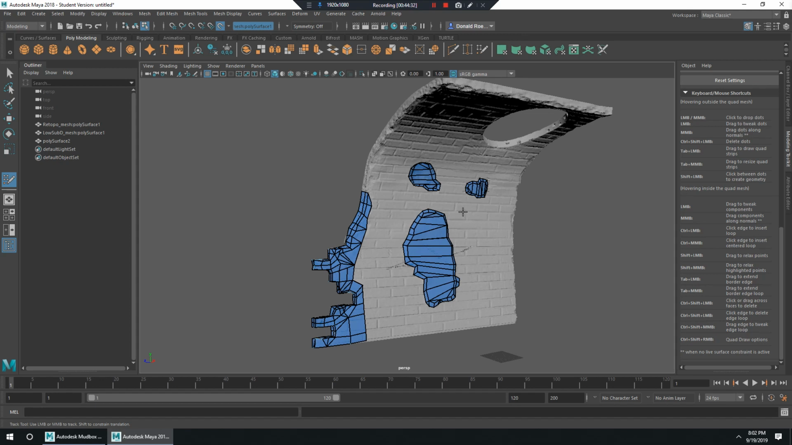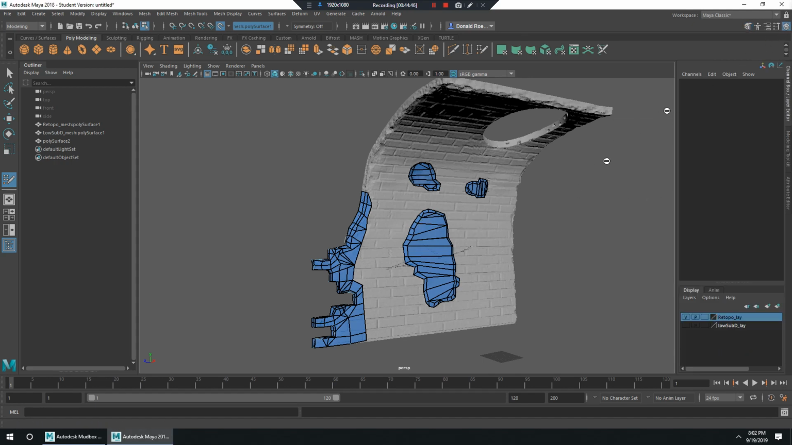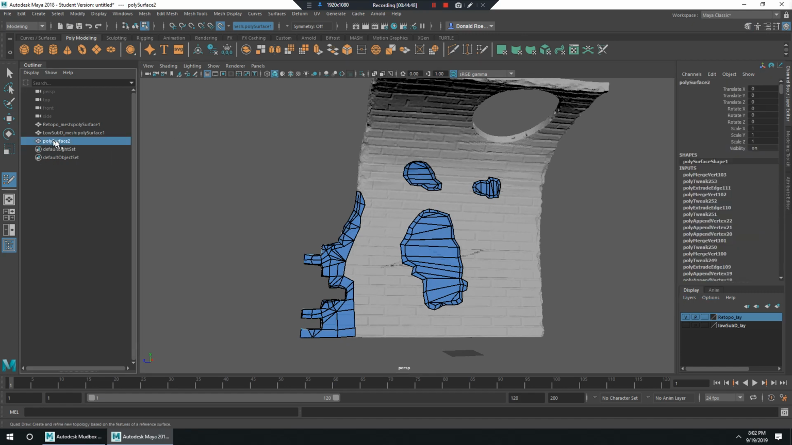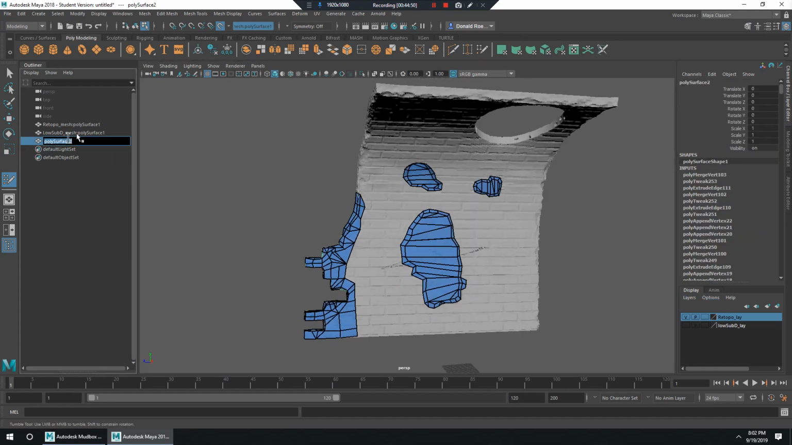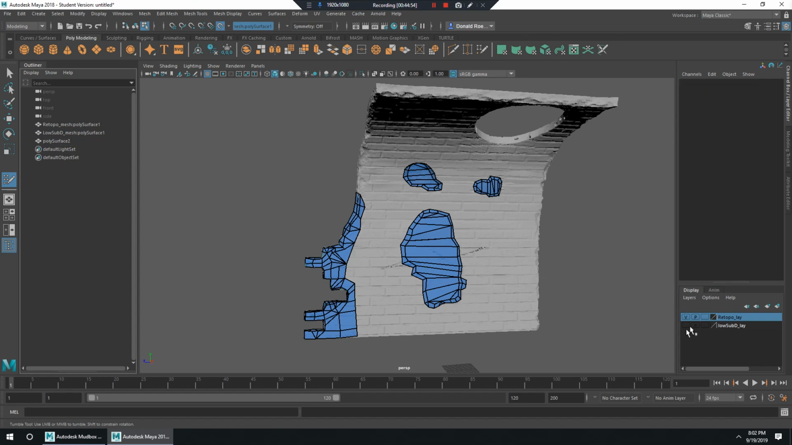All right, at this point, I'm probably going to try and combine my low sub D mesh with what I got now, and then I'll probably make it live again and finish it out with Quadrille. All right, so this is the stuff that we created, this low poly surface, so I'm not going to worry about renaming it yet. I am going to